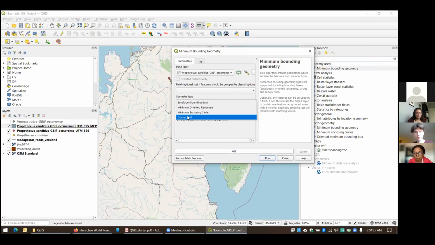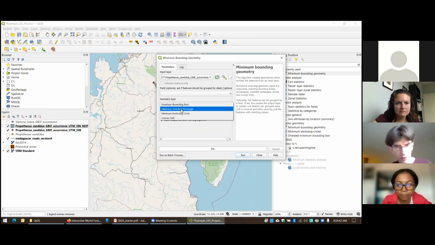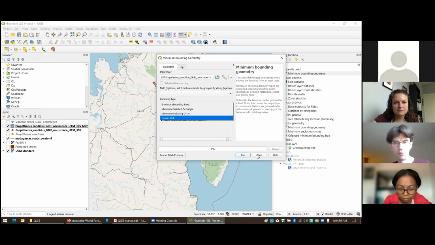So, geometry type, yeah. Typically you use the convex hull, but there are other options. This one is a rectangle around the points, so it will create a rectangle. These are different options that you can take a look at and see which ones might work best for you. The one that's most typically used is the convex hull, and that's why we chose that one.